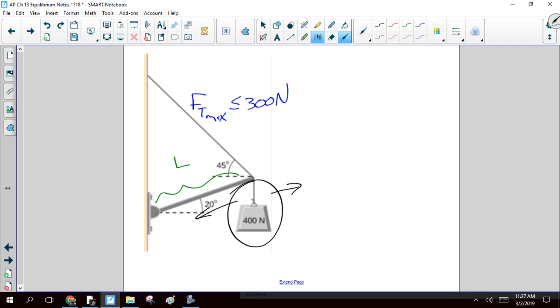Okay, so again, we've got an unknown distance, right? So this is what I was talking about at the start of the video. So what you want to do is choose a pivot point that A, minimizes forces, B, make sure that it's at a point that is a known point, okay? So in other words, don't choose your pivot point to be where the 400 Newton goes, because we don't know where the 400 Newtons goes. All right, so